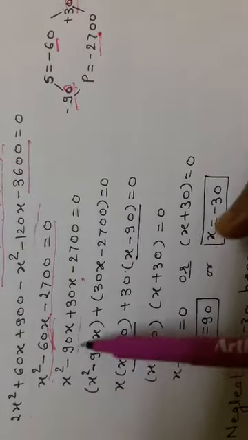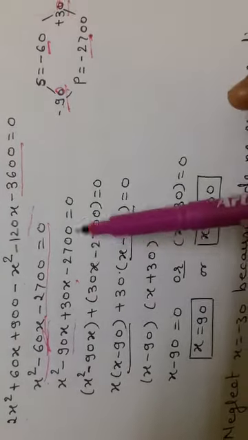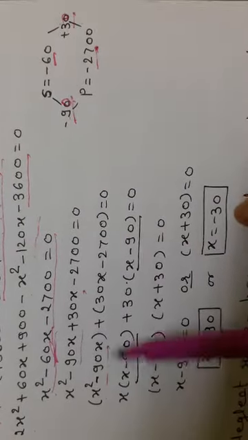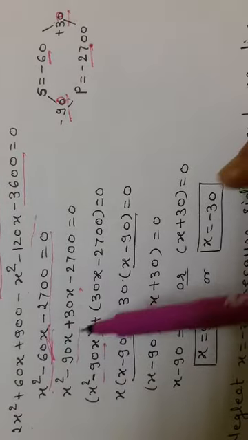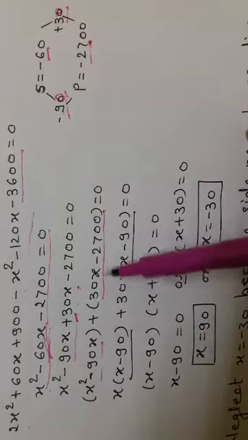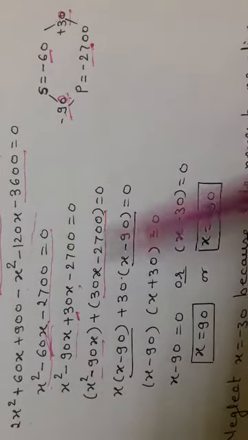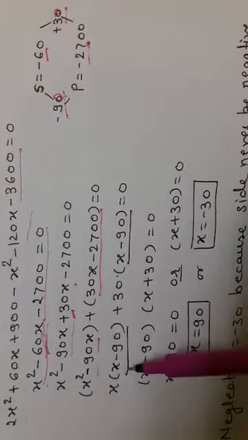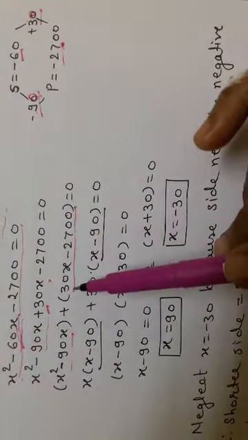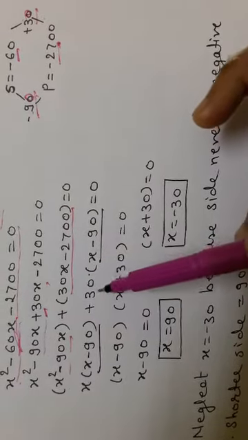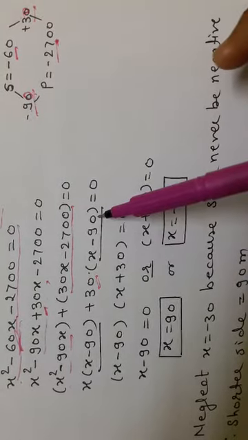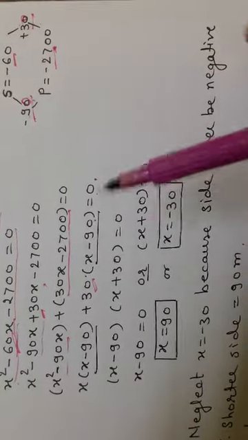Are you finding? x square minus 90x plus 30x minus 2700 is equal to 0. Now four terms are there, so we will do the grouping. x square minus 90x plus, here the plus sign is there, therefore the term's sign will not change, 30x minus 2700 is equal to 0. Here x is common: x minus 90. Here what is common? Is 2700 divisible by 30? Yes. That's why we have taken out 30 as common. 30 into (x minus 90), since 3 nines are 27 and one 0 will be there, which is equal to 0.